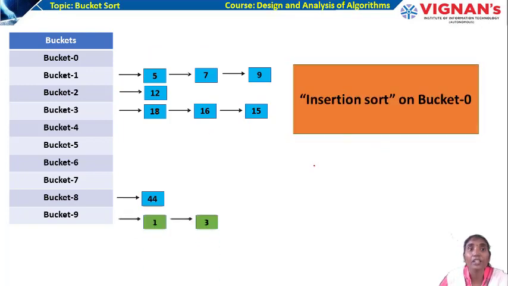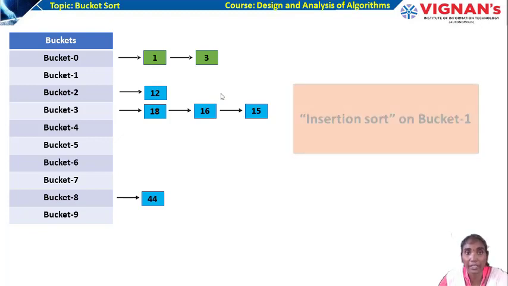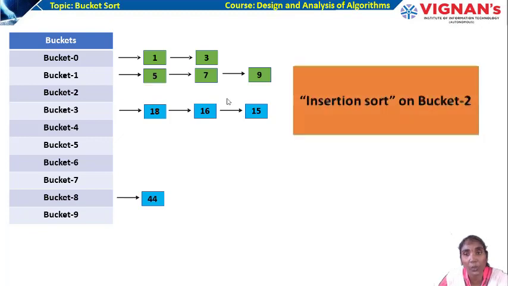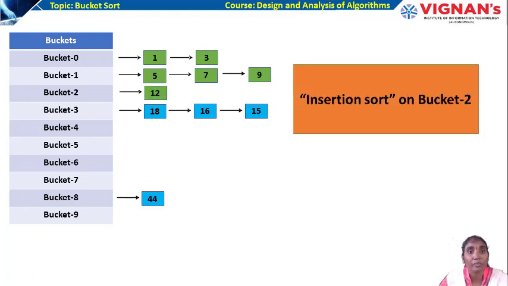So for that, here we are applying individually for each bucket, we are applying insertion sort. So now finally, insertion sort on bucket 0, what I'll get? 1, 3. Now again I am applying insertion sort on even this bucket, although it is in the sorted order, I don't know priorly. Because I am seeing it, I am knowing. But as I don't know, I have to apply insertion sort on bucket 1. So now again, this will be in sorted order, 5, 7, 9. The green color indicates it is in sorted order. Now again, insertion sort on bucket 2. Now again, insertion sort on bucket 3, 15, 16, 18.